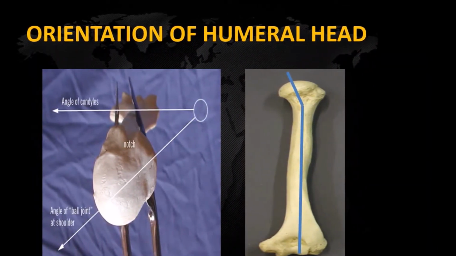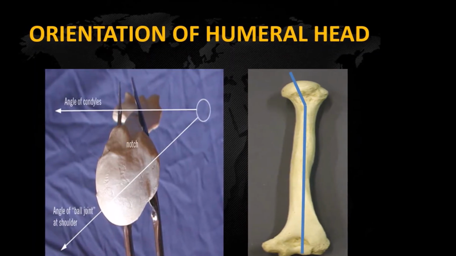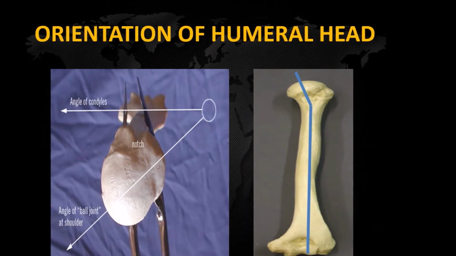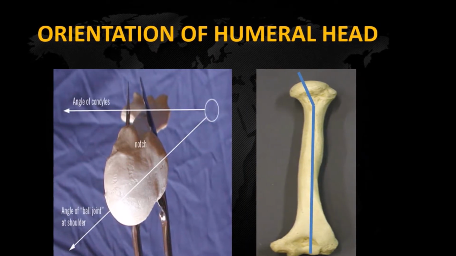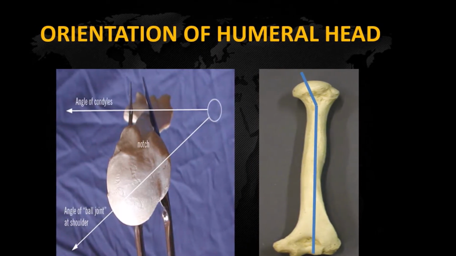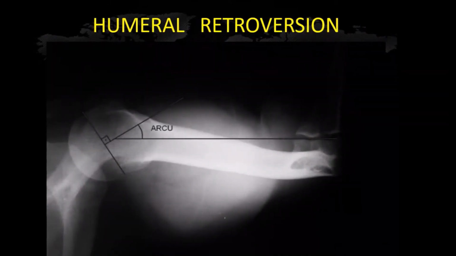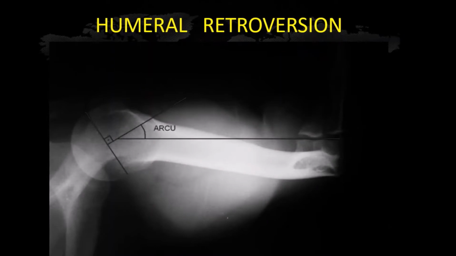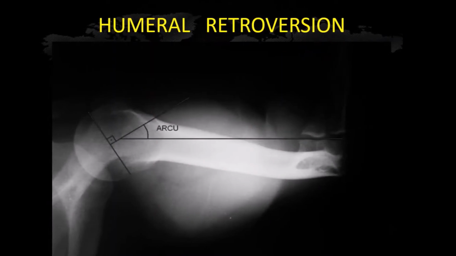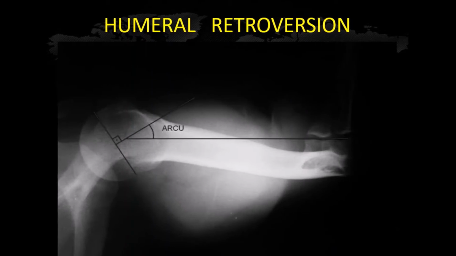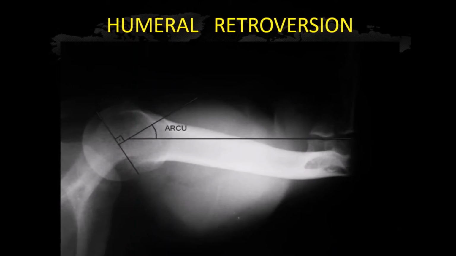If we compare the hip and the shoulder, the shoulder is retroverted, that means the head and neck of the humerus is oriented posteriorly with respect to the epicondyles of the humerus, whereas in the hip, the head and neck of the femur is oriented anteriorly with respect to the femoral condyles. This is the torsional angle we have seen. Humeral retroversion is the torsional angle, which in childhood is almost 40 to 45 degrees and keeps decreasing as we age.